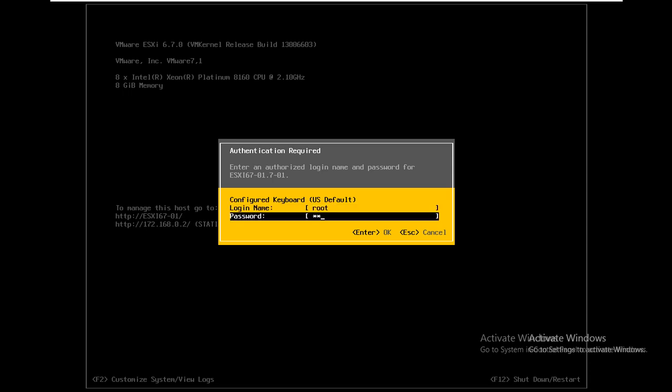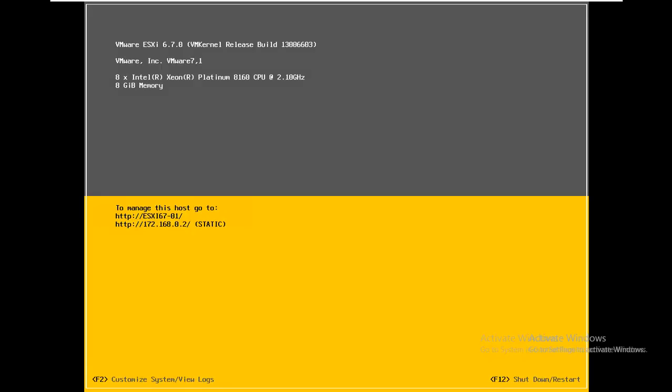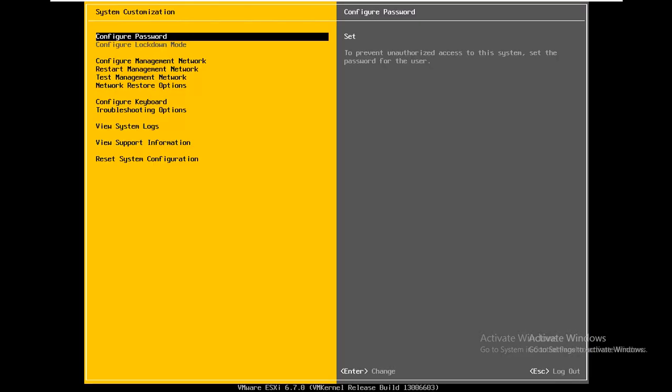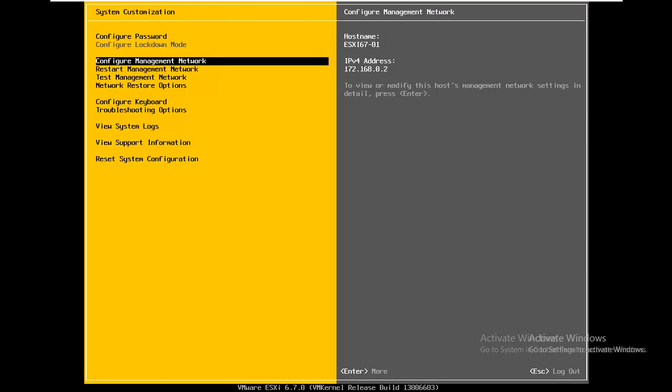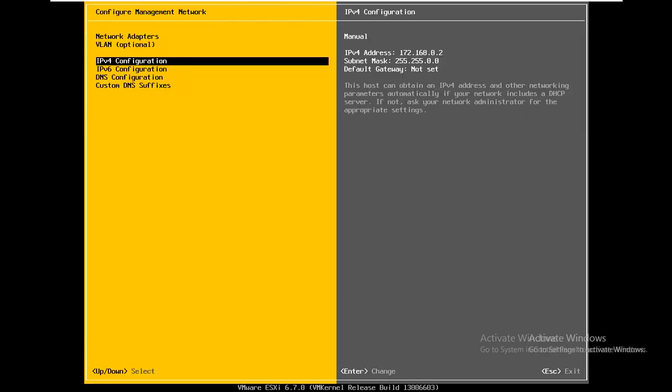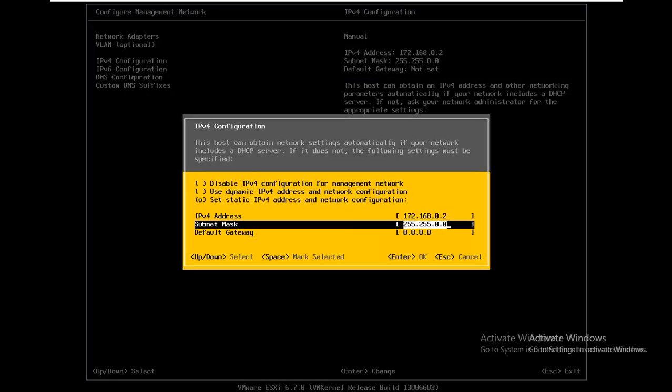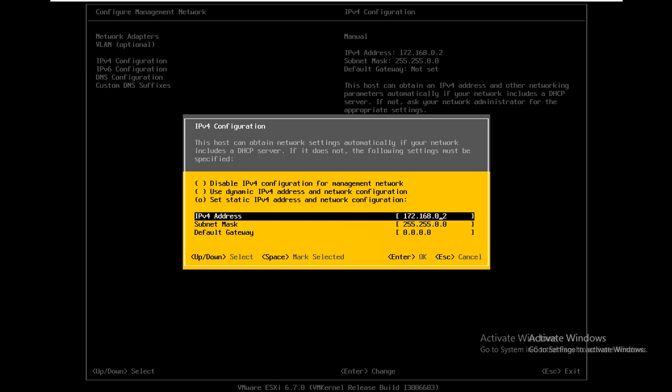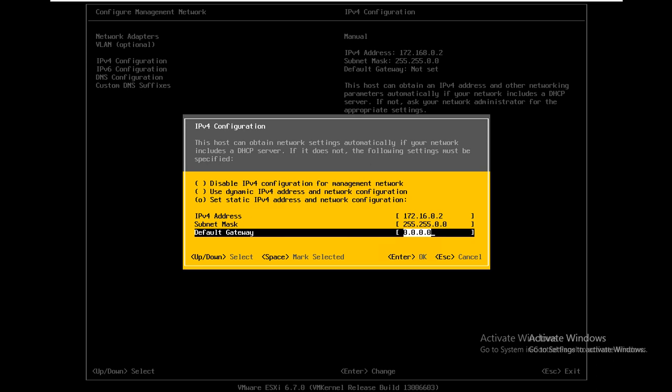While configuring, we had made a mistake. Instead of 16 we typed 168. So keep it in mind while typing the IP address, you should remember that you have put the correct IP address, and then the gateway should be there.